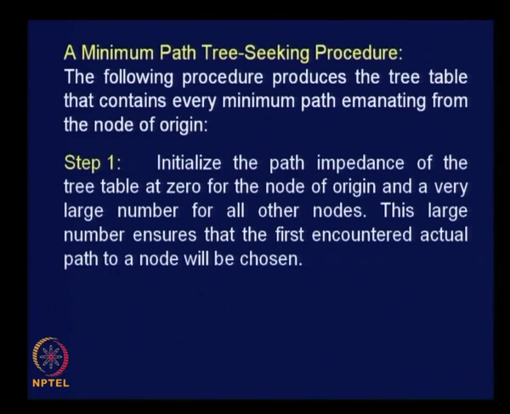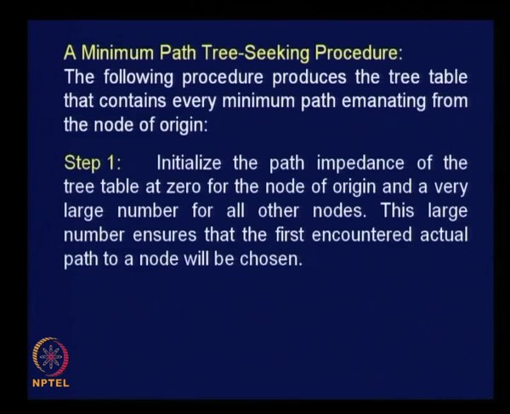at 0 for the node of origin and a very large number for all other nodes. What do you mean by this? Initialize a path impedance. Path impedance is nothing but, in simple terms, travel time. So, we are talking about the travel time required to reach that particular node. That is what is mentioned here as path impedance of the tree table at 0 for the node of origin. Obviously for the node of origin, path impedance can be taken as 0 because we are going to start from there,